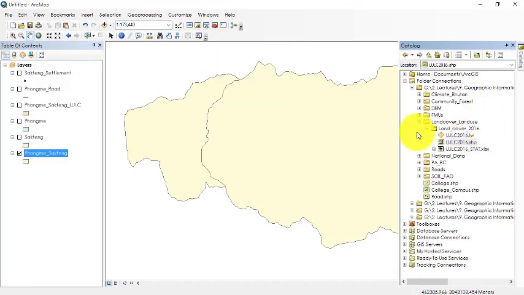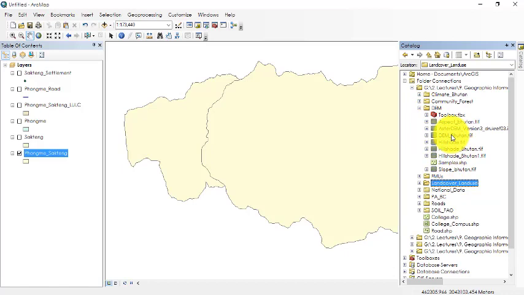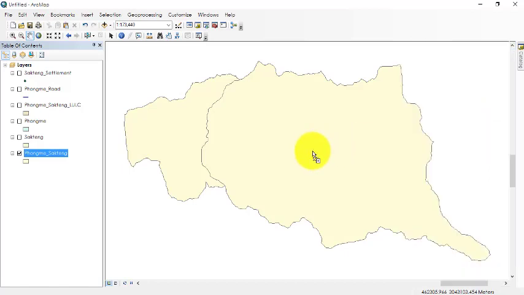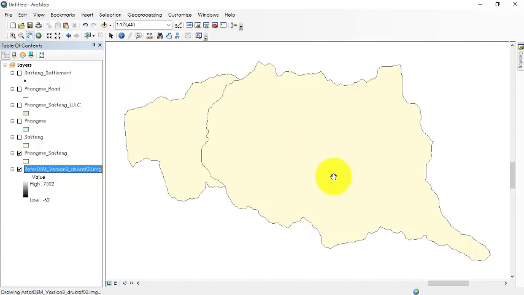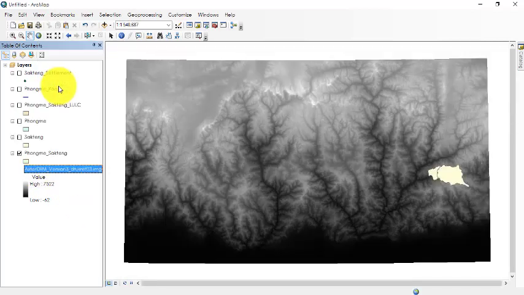I'd like to go to catalog and add from the dam folder here, Amsterdam Bhutan or any dam that you have, dam Bhutan or Amsterdam Bhutan. So it's on you. I'll just take out Amsterdam Bhutan over here. And all right, so this is dam being added. I need dam only for Bhutan. So this is dam for overall. So I do not need a dam for whole Bhutan or whole region, but I just need a dam for